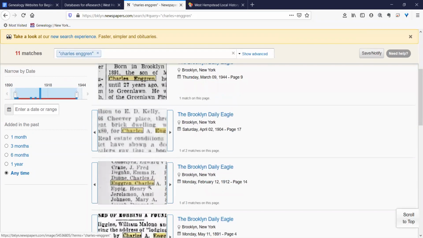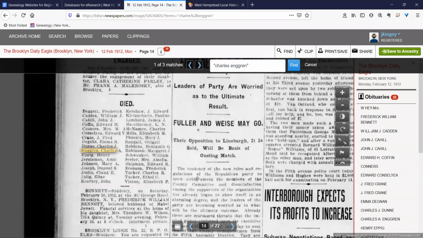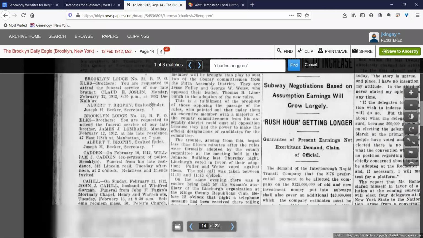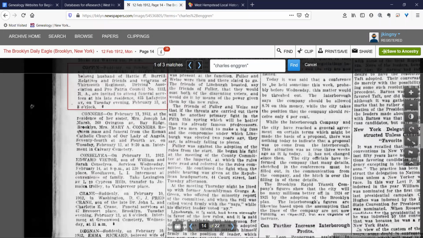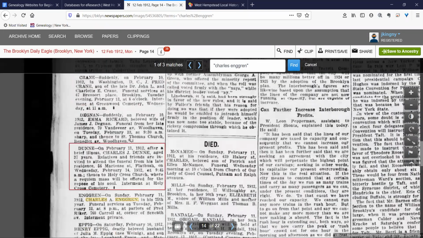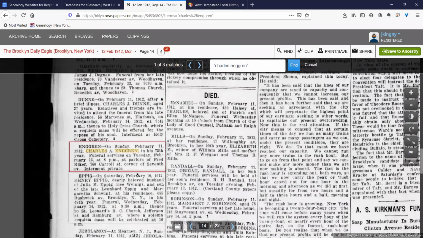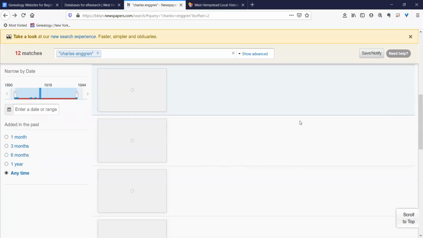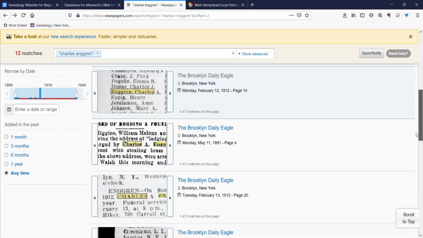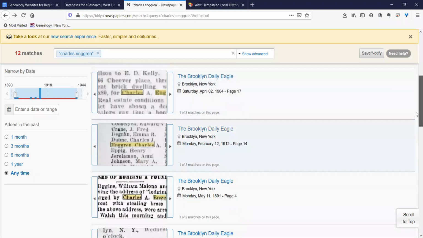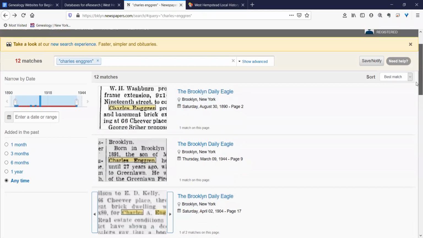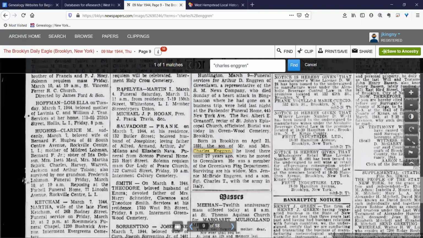But just as an example, this is the death notice for my great-great-grandfather from 1912. You know, and where the funeral services were going to be. And we also had an obituary for one of his